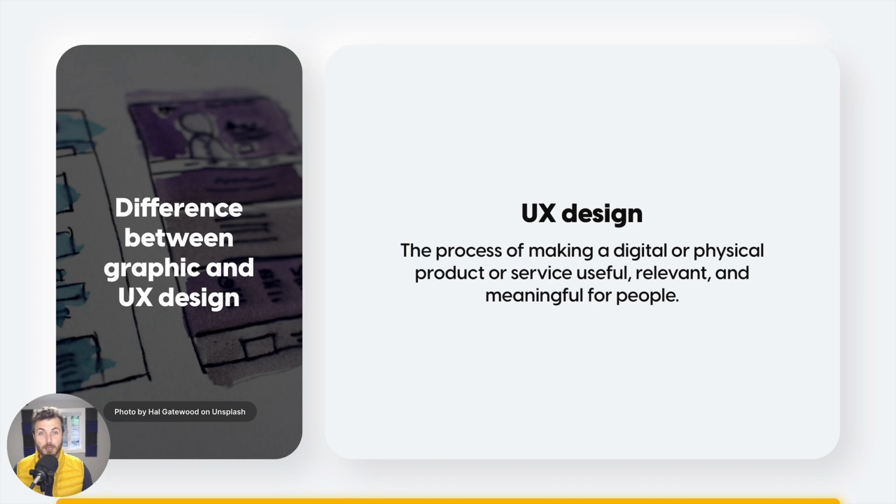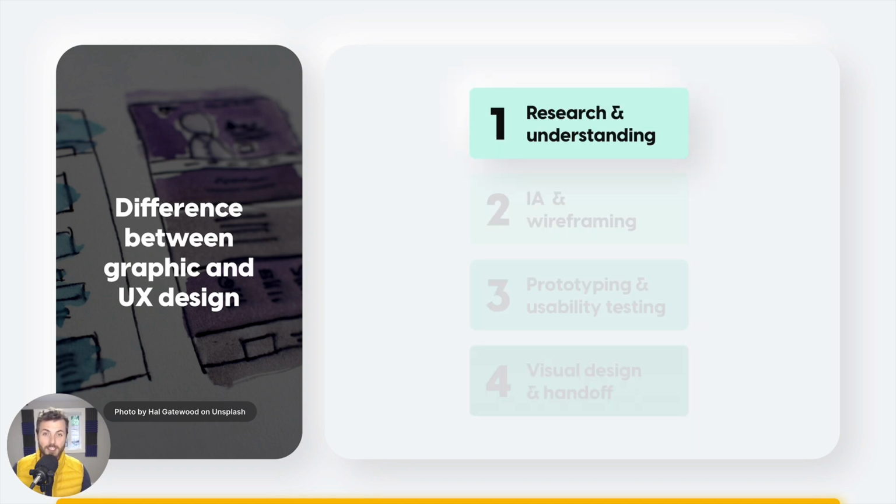and meaningful for people. So much of a user's experience is how they feel when they use your product. And as a UX designer, you become the advocate for the user throughout the entire design process. So let's talk about the 4 phases of the UX process. First is research and understanding. UX designers research, observe, and talk to users to understand their journey, identify pain points, understand their goals, and help